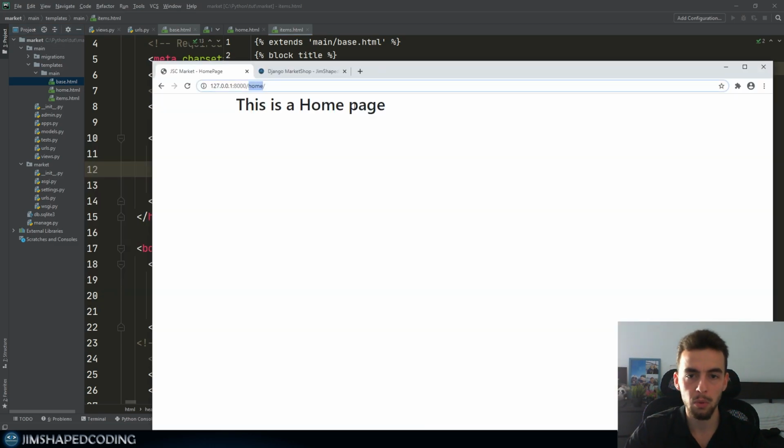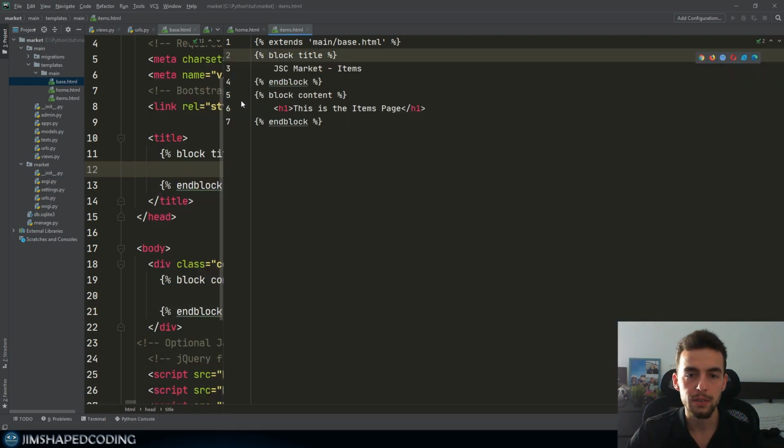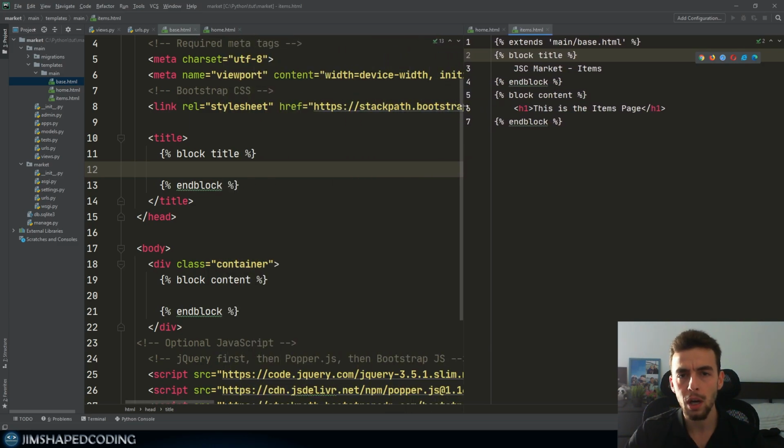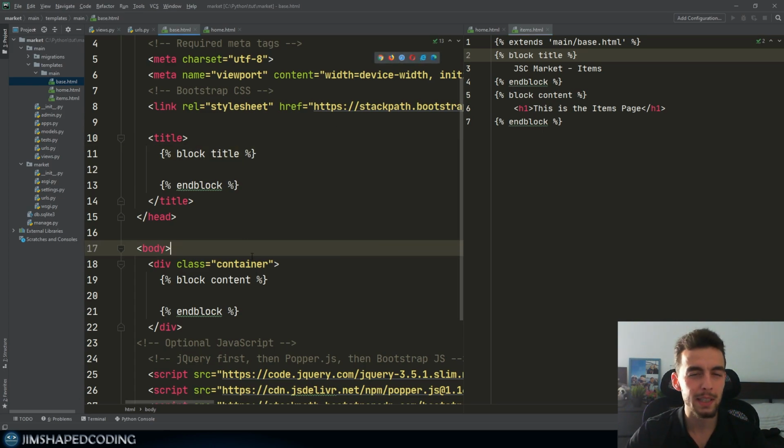Okay, so now let's check the difference between those two. So I will enter the items, and then you can see the JSC market dash items over here. So this is how we are going to write HTML within our HTML templates, and this is quite useful. It might be a little bit complex at the very beginning. I admit that I did not understand anything, and I kept watching a tutorial in order to understand that twice or even 3 times. So you want to consider to do that as well if you did not understand everything